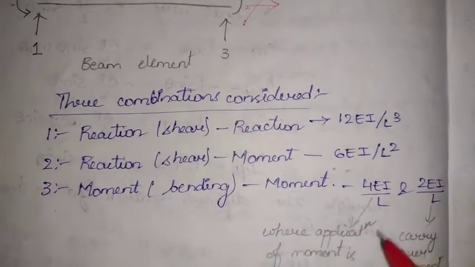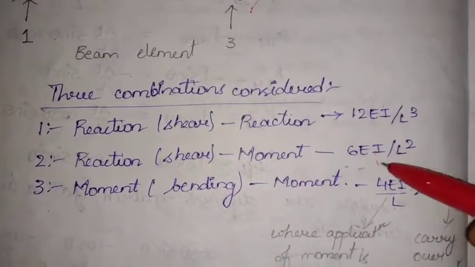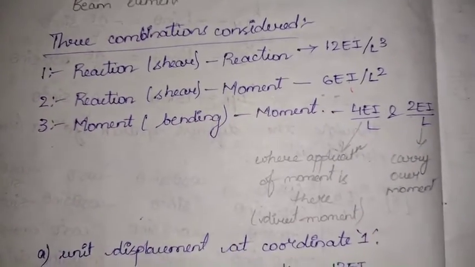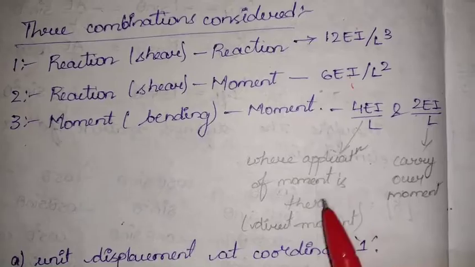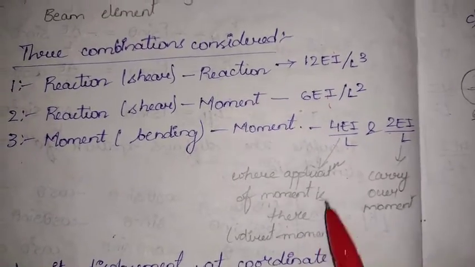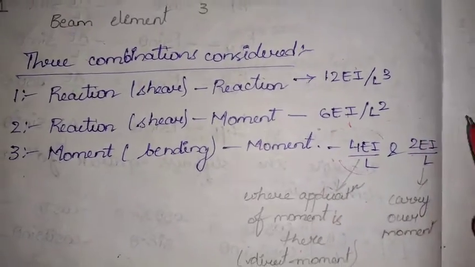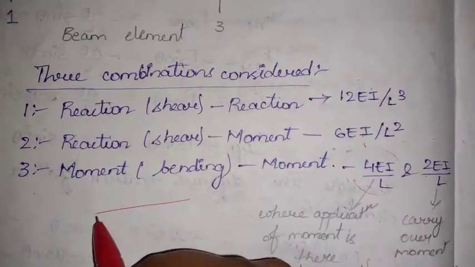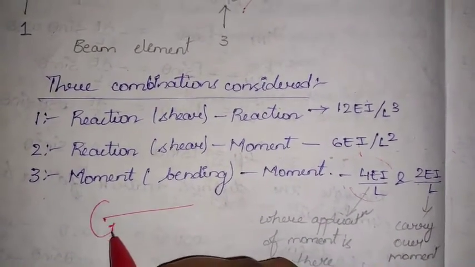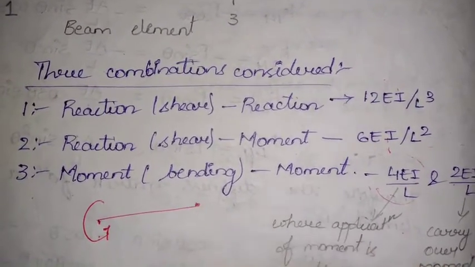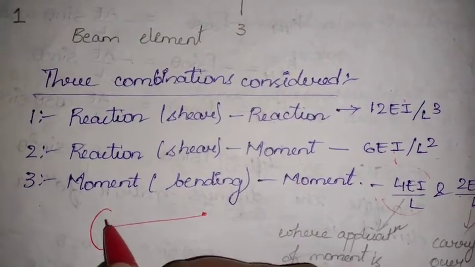See, in all these cases we have single formulas, but here we have two formulae. Where the application of moment is there, that is the direct moment, it would be 4EI by L. But whenever we are talking about the carryover moment, if we are considering support 1, here the moment would be direct. But when we talk about support 2, because of this moment, whatever the reaction that is taking place,